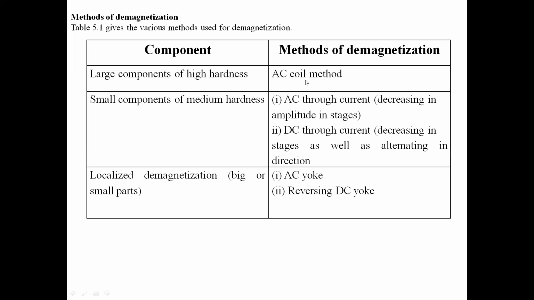And localized demagnetization. For big or small parts, AC yoke and reverse DC yoke are used for local demagnetization. Suppose some part of the component needs to be demagnetized, then we go for AC yoke or reverse DC yoke methods.